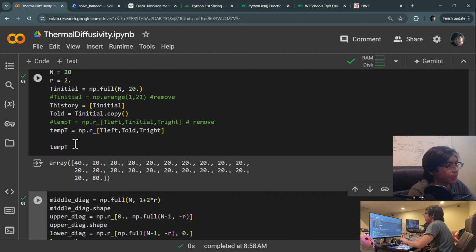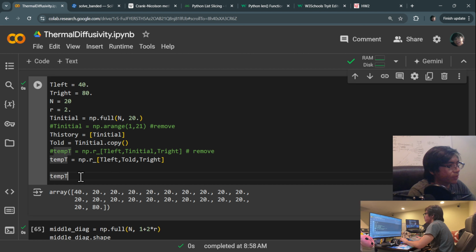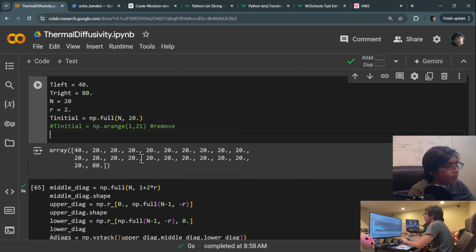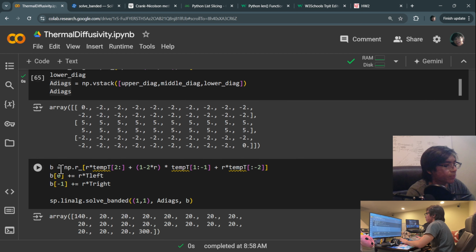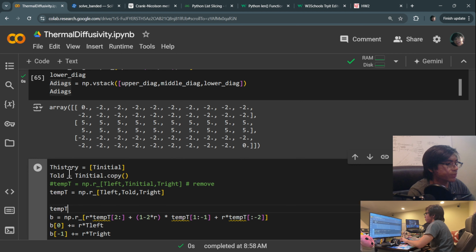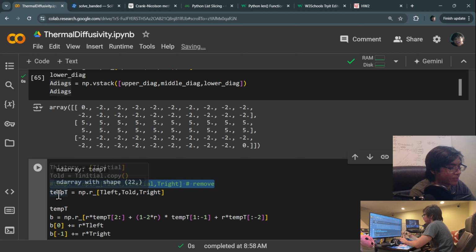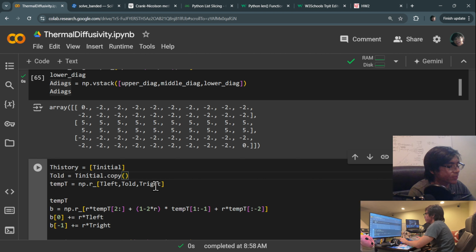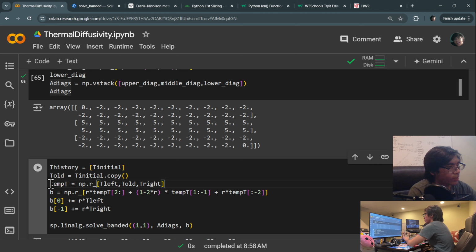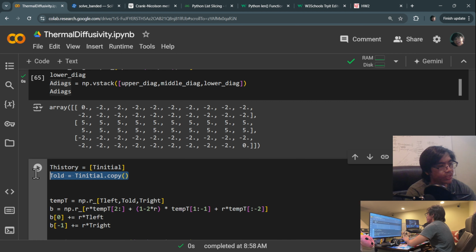Maybe not that, but I will be moving over these, I believe. Yes. Do that. Copy paste, Control X. Put these at the top. Technically, we don't need this, but I'm going to keep it now. And now we have T old. So this is actually going to be within our iteration. So I'll move this down. Again, remember that we're going to be iterating our T old. T old is initialized at T initial. So T old will be refreshed at T new at the bottom of our